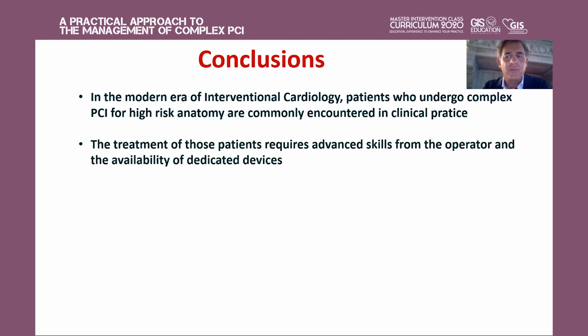advanced skill from the operator and the availability of dedicated devices. Don't forget the use of imaging. IVUS is, I think, essential. In my practice, I perform CTO PCI IVUS-guided in more than 70% of cases. I perform left main PCI with IVUS in more than 90% of cases, and also bifurcation lesions, because we need to have a very good result